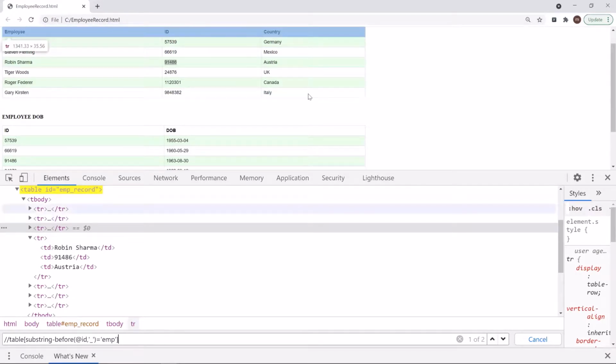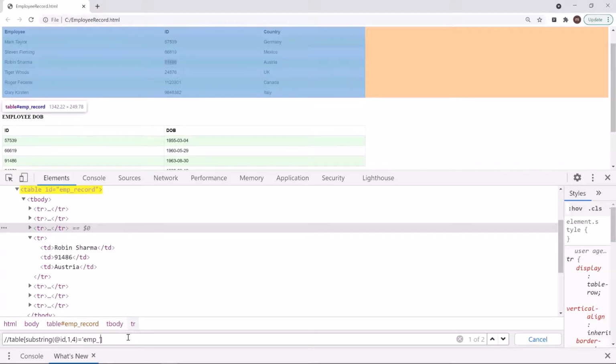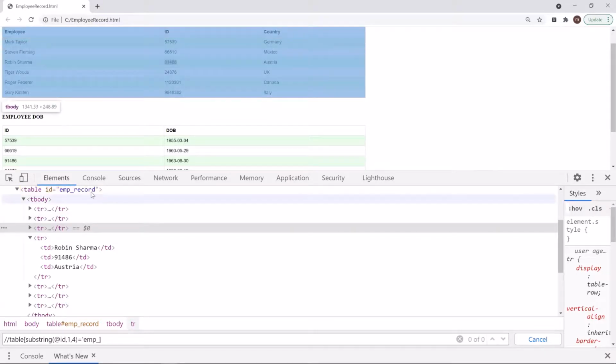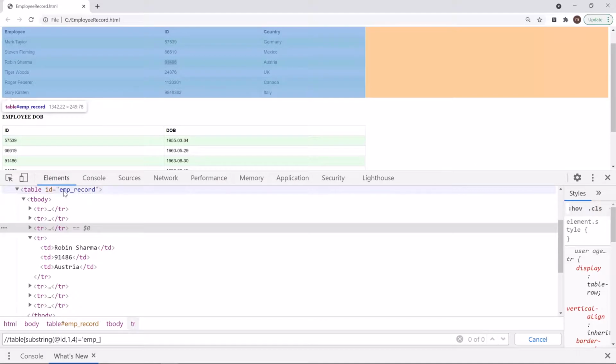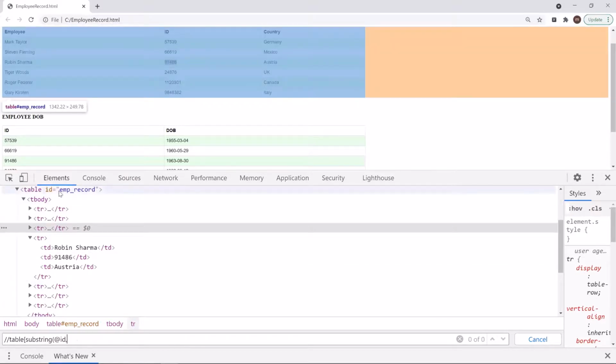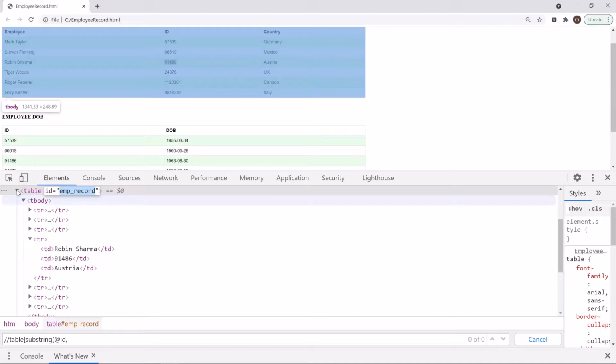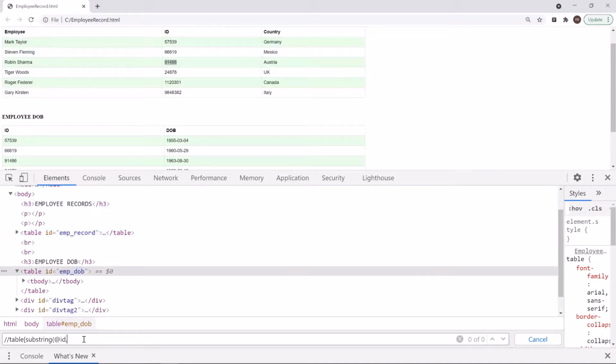Now there is another most commonly used function, that is string-length. Let's say that you only want to match the last 3 characters of the string. In that case, you can use the string-length function inside the substring method. The string-length function returns the length of the string. So to pass the start position in the substring method, I can first get the length of the string and then subtract 2 from it to get the last characters.